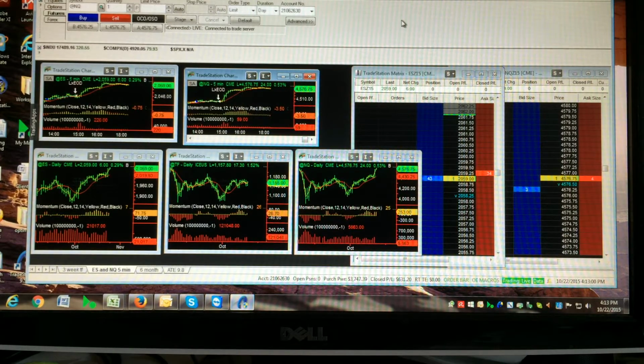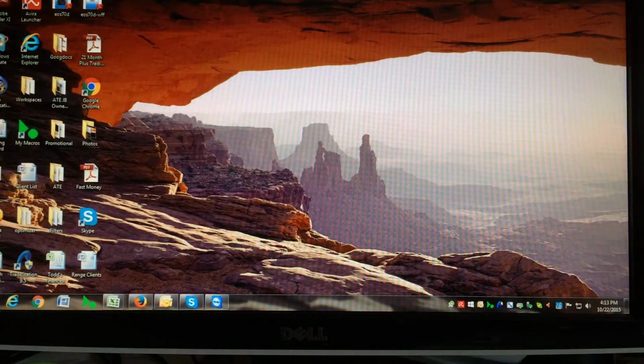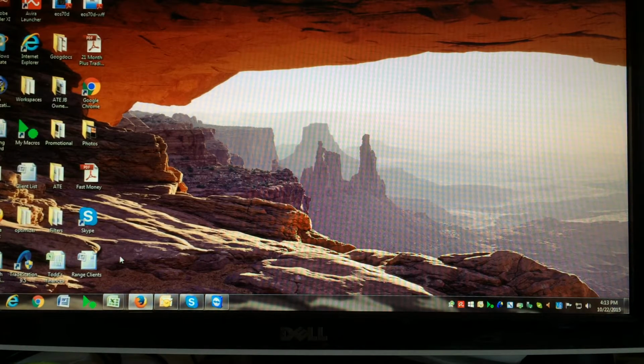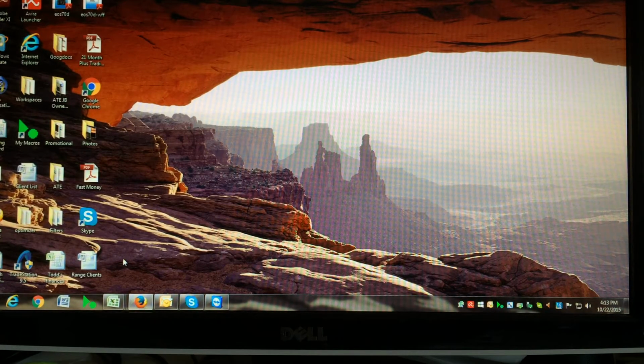The first thing you need to do if you've had a computer crash, I think it's a good thing to do to eliminate any potential problems, is close up your TradeStation platform. Then I'm using Windows 7 here, so you'll have to understand that if you're using Windows 8 or 10, it might be a little bit different. But you would go to your computer